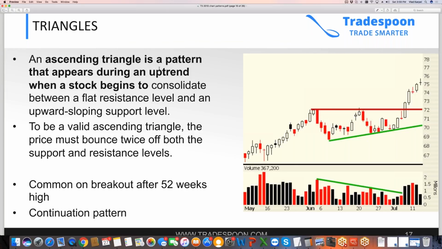So, triangles. An ascending triangle is a pattern that appears during an uptrend when the stock begins to consolidate between a flat resistance level and an upward sloping support level. This green line is your support level, and it's ascending, right? You see it ascending on lower volume. You see this pattern, and it can take months, or a few weeks. And usually there is a certain event, maybe an earnings announcement,